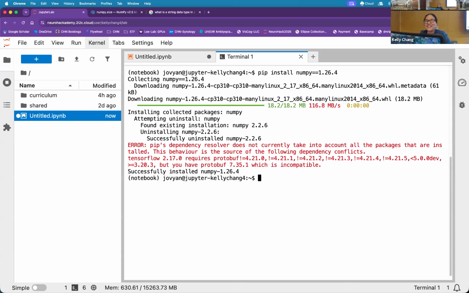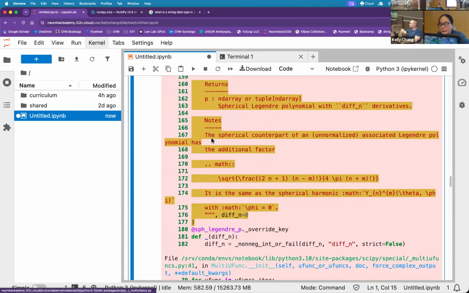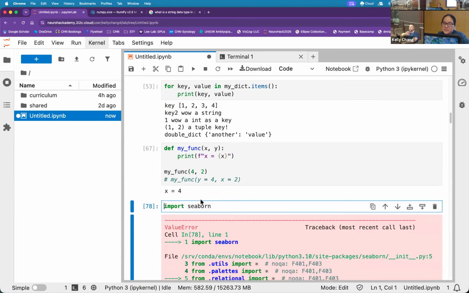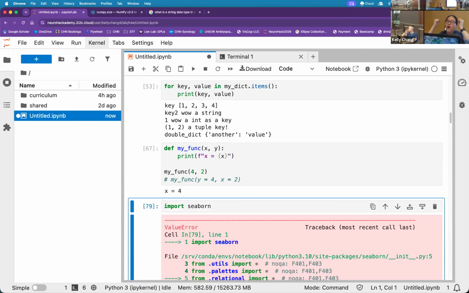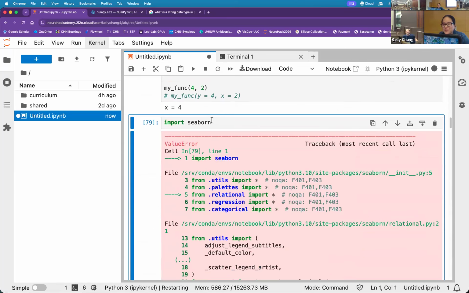So welcome to versioning hell. Please, if you encounter this, come to one of us and don't break your NumPy. If you do this by accident and ruin your versions, you can just stop your server and restart it and you'll get the original server back. Your home directory is saved, like your data, but the installation will get reset. I'm going to see if I can save it with a restart.